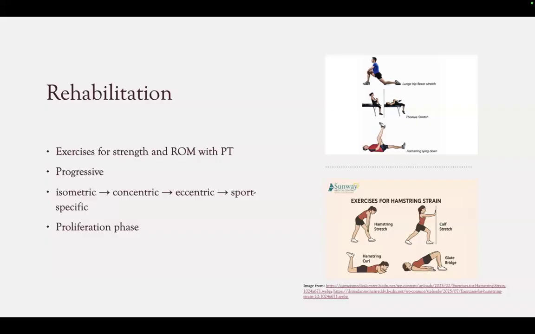We can do Nordic hamstring curls, single leg Romanian deadlift with light weight. We can do Swiss ball hamstring curls. These exercises all should be very slow, very controlled, focusing on the eccentric contraction, the eccentric portion, to feel the lengthening of the muscles. Then we are also going to incorporate our 4 stages, the flexibility and neuromuscular control during the